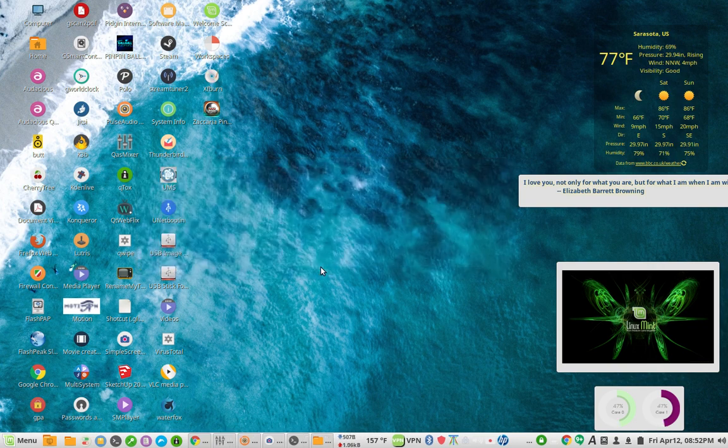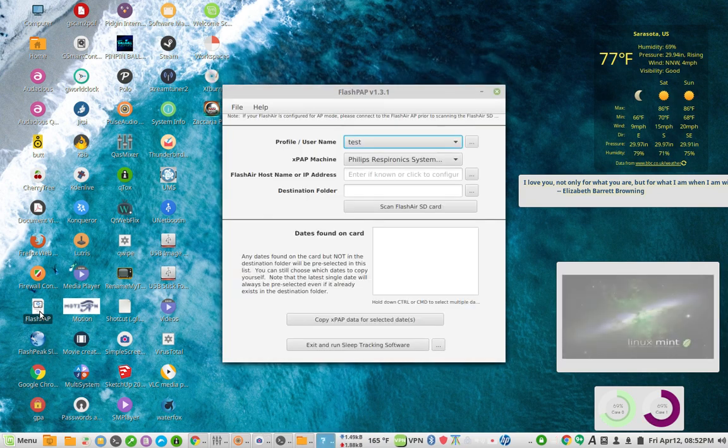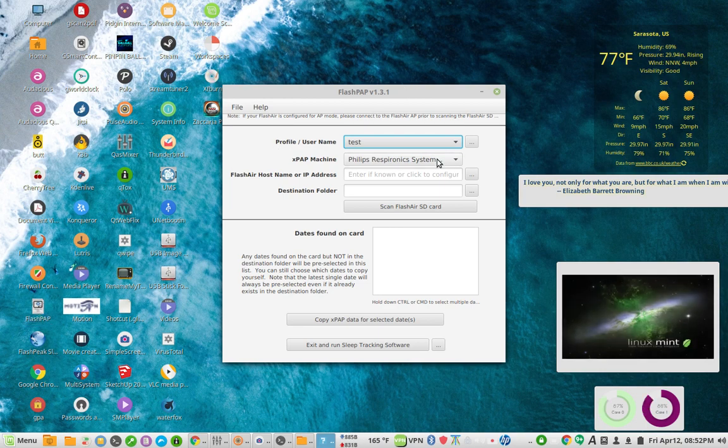I'm going to say no because I don't have the machine. But now I've got a new icon here called FlashPAP. And I should be able to double click that. And the program should come up. And it does. And it's got my profile in there. So that's how easy it was to install this program, this particular Java